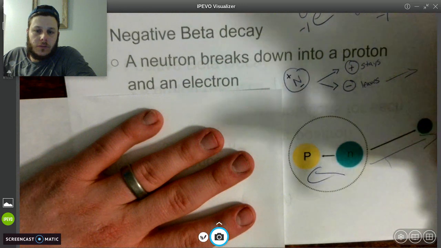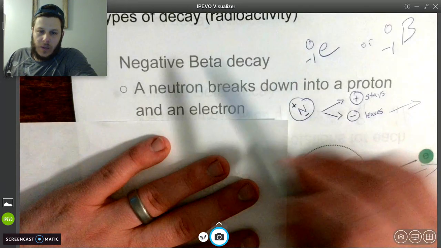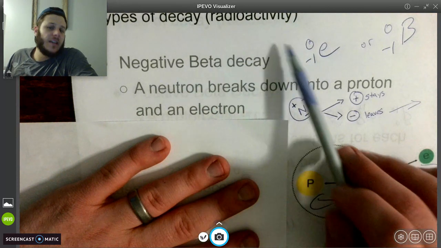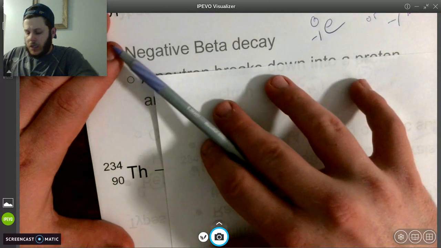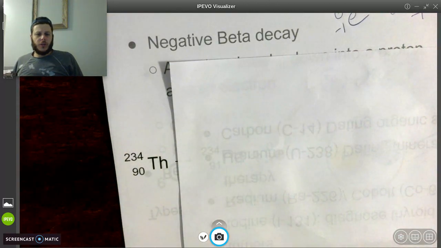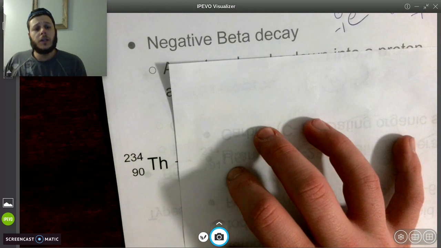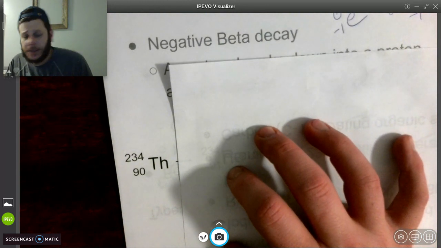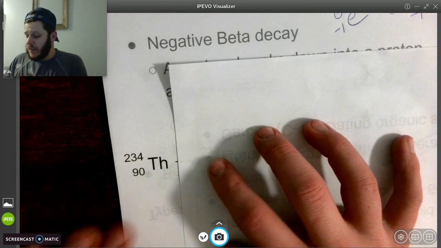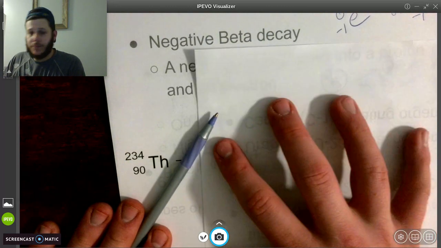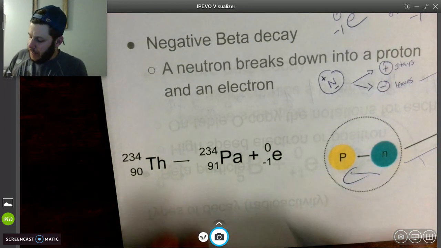Now, don't get bogged down by the fact of the negative. Just make the connection between the negative beta and the negative symbol in the equation. So let's look at another equation that we'll explore more as we go. Thorium has the atomic number of 90. It's unstable. It undergoes negative beta decay. If it were to do such a thing,